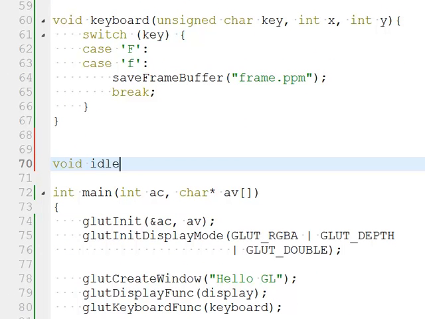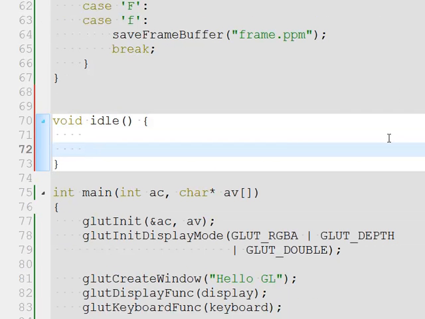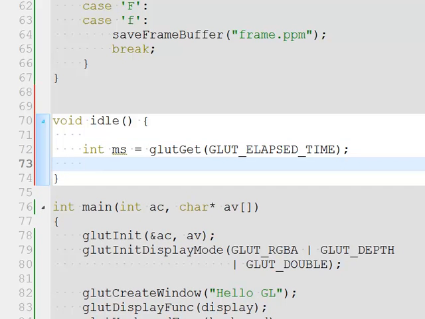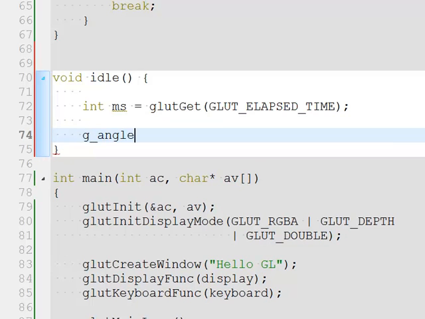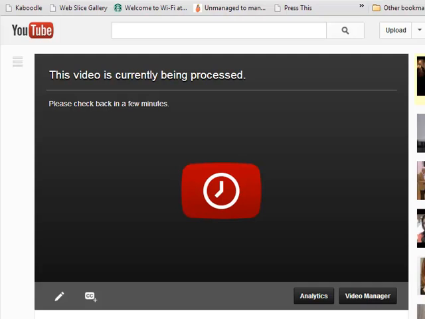And I'm going to say void idle. What we're going to do a little differently is get the elapsed time in milliseconds. So int milliseconds equals glutGet and GLUT_ELAPSED_TIME, and that's the amount of time that's passed since we called glutInit in milliseconds, right? Then I can have this notion that I want the angle to change with respect to time, right? So I could set gAngle to equal milliseconds,